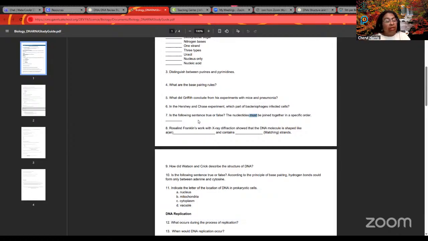They can be joined together in various different ways. But how they are joined together will determine what kind of protein they make. Okay, so that question is kind of tricky. All right, Rosalind Franklin. And that would take us back to